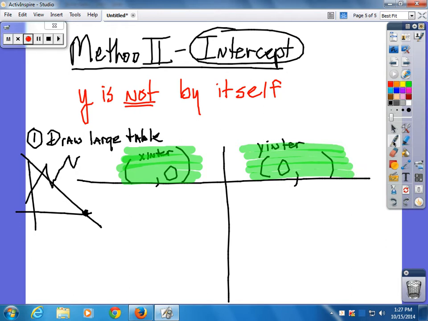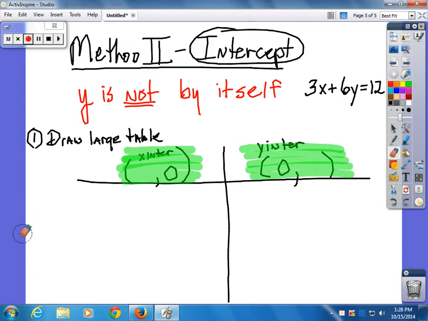So, I'm going to give you an example of one so I can just show you. It's better to give you an example. 3x plus 6y is equal to 12. There's our equation. Now the second thing you do, after you draw the table and put in your x-intercept and y-intercept, the second thing you do is you put the equation in and line up